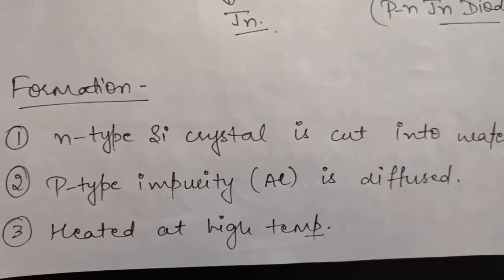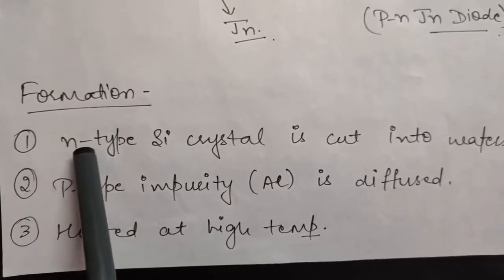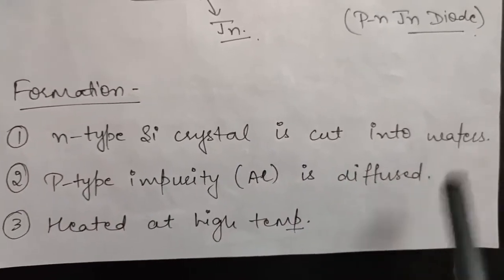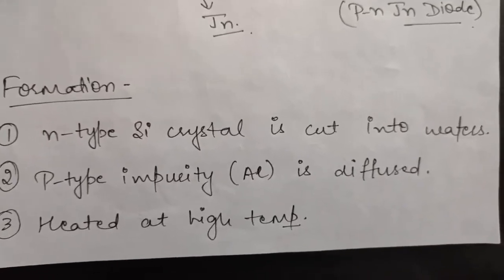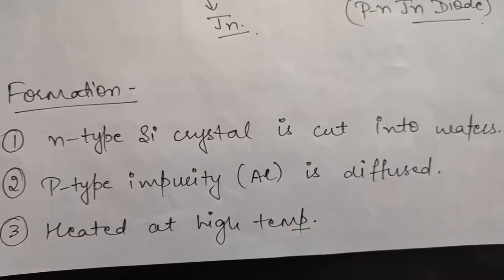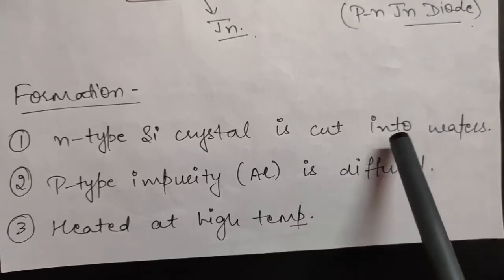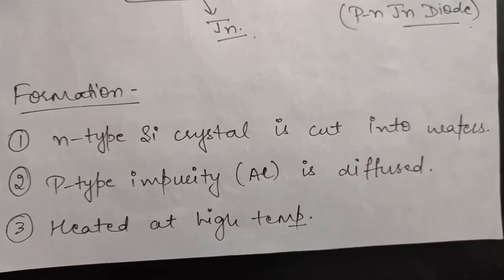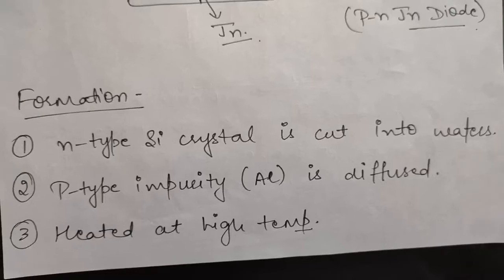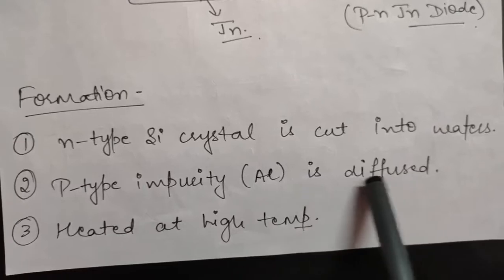So for the formation of p-n junction, what can we do? I have written that in 3 simple steps. First of all, a n-type silicon crystal is cut into wafers. Wafers means into thin slices. Okay, so what we do, we took a n-type silicon crystal and we will be cutting it into thin slices. After that, a p-type impurity, for example aluminium, is diffused on this wafer. Okay, so a n-type silicon crystal is taken, it is cut into wafers, or you can say it is cut into thin slices. After that, any p-type impurity is diffused into it,